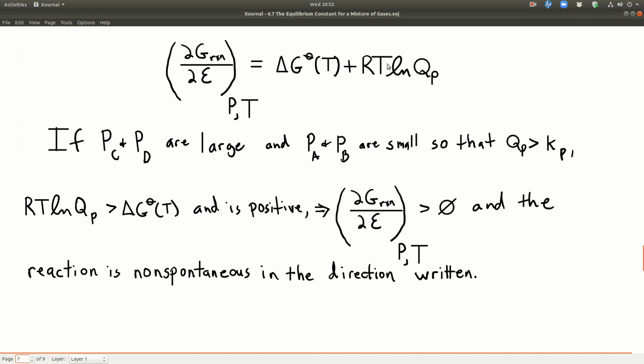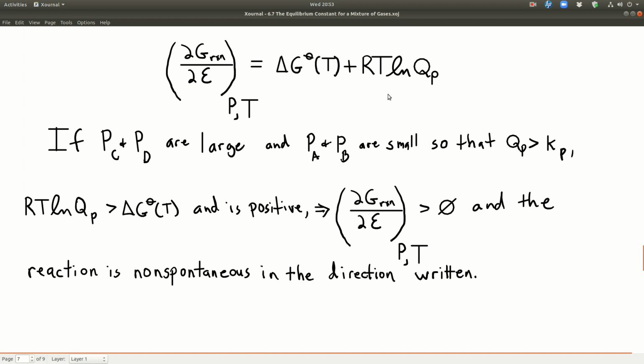We can also tell a couple things by looking at the form of this equation. Remember, Q sub P can have different values depending upon what the partial pressures are. Remember, it's products C and D over the reactants A and B. If the partial pressures of C and D are large and the partial pressures of A and B are small, so that the value of Q sub P is larger than K sub P, the equilibrium constant, that means that this term right here will be, first of all, positive because the numerator is greater than the denominator, and the natural log of a number greater than 1 is positive. It's also going to be larger than this term,